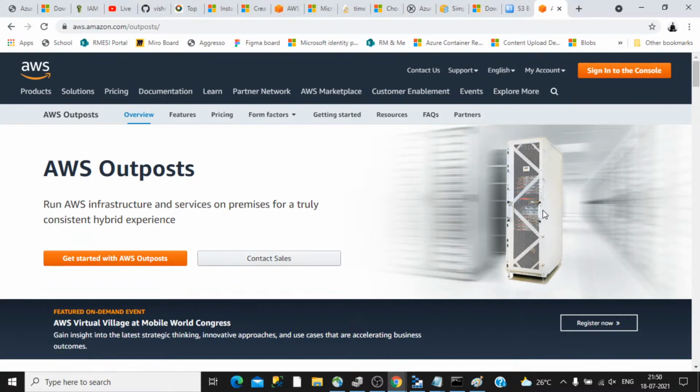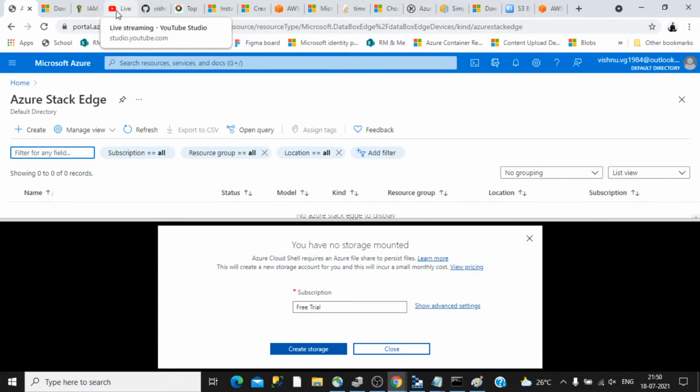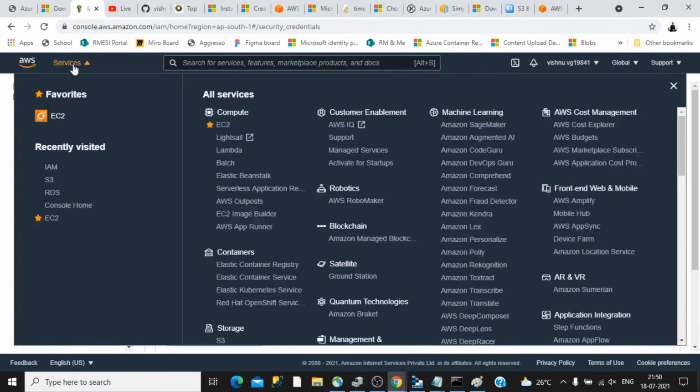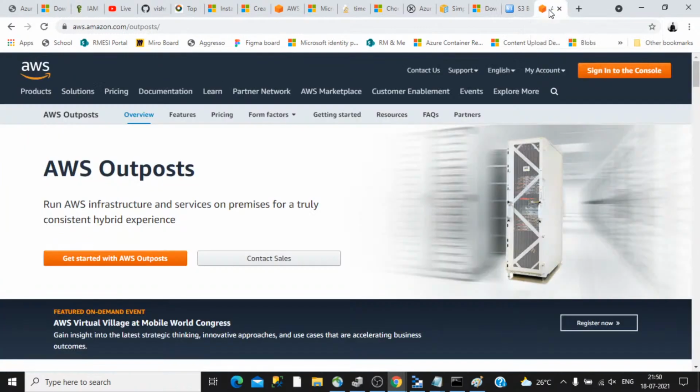You might be thinking about whether all the different features in the cloud provided by Amazon or Azure are supported by this device. Not all the features, but nearly 80% of the features are supported, like some of the most important features, EC2, the web app, the containers, and all the other things are supported in AWS Outpost as well as in Azure Stack.